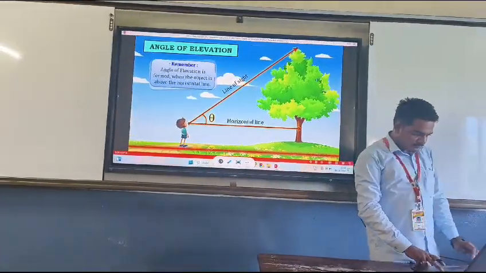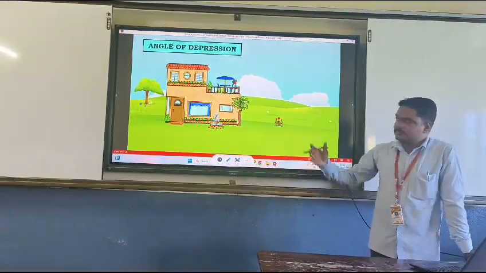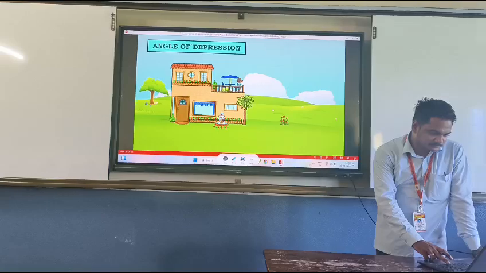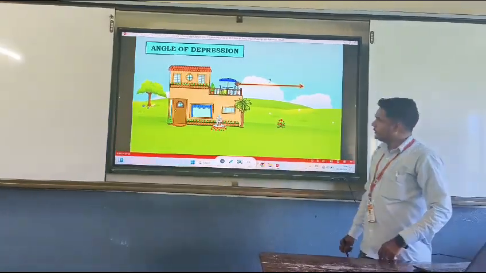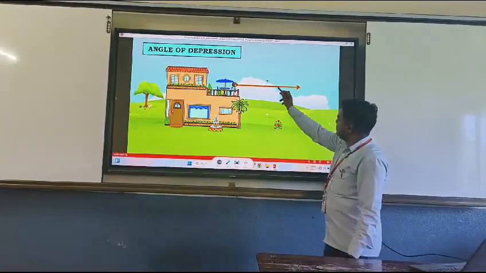Then look at here. The other term is the angle of depression. Here, this line is parallel to the ground. So this line is said to be the